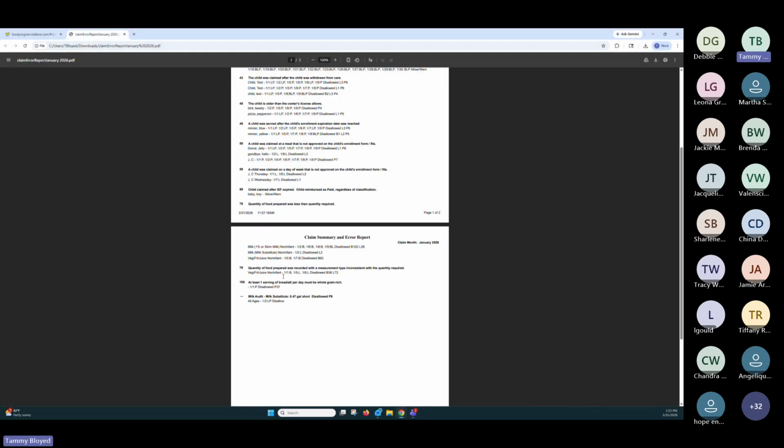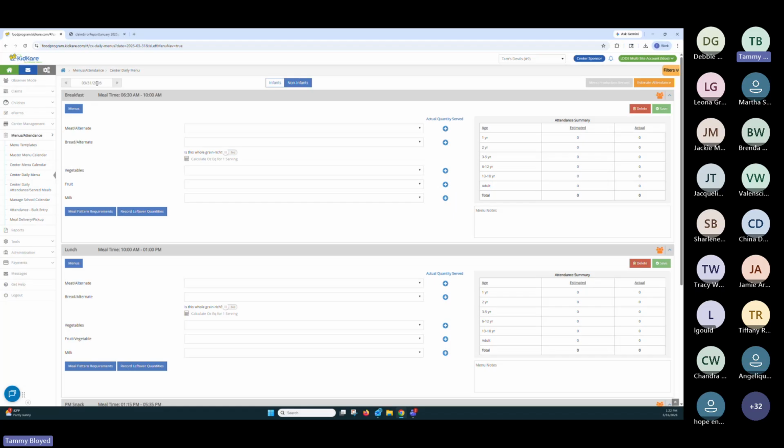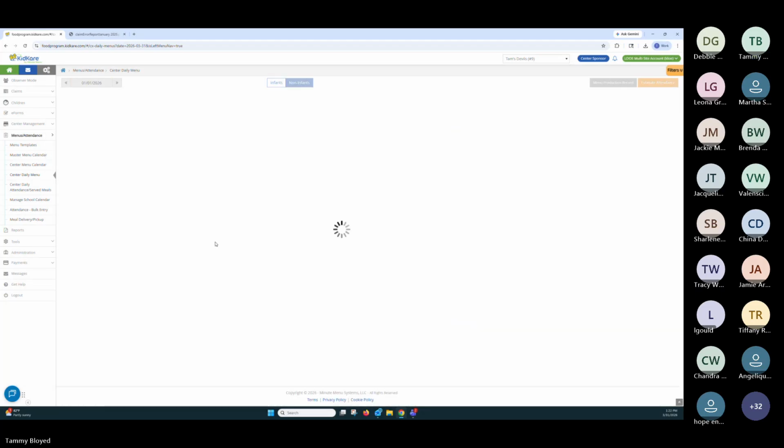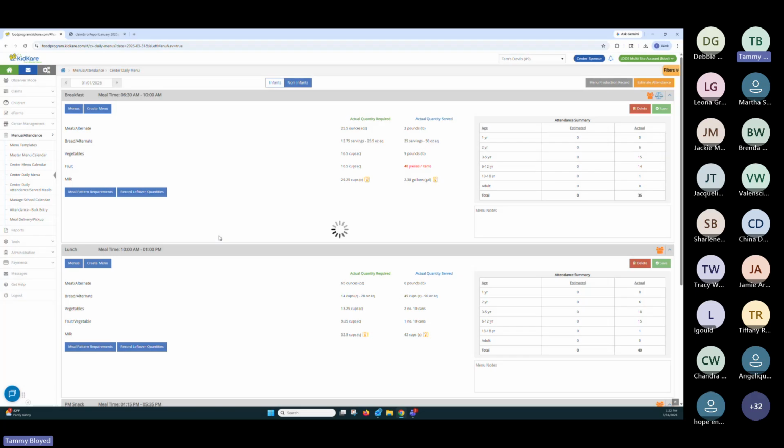So for quantities of food recorded, you can see it's telling you it's the vegetable or fruit component for the non-infants on January 1st at breakfast. So we'll go look at that one first. You come to your daily menu, go to the date that it mentioned.